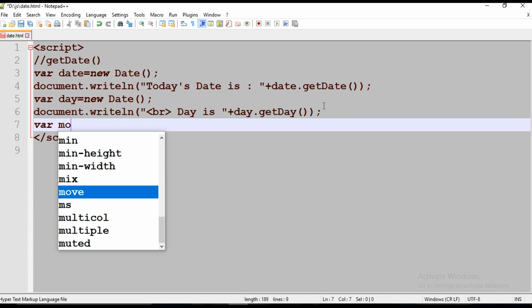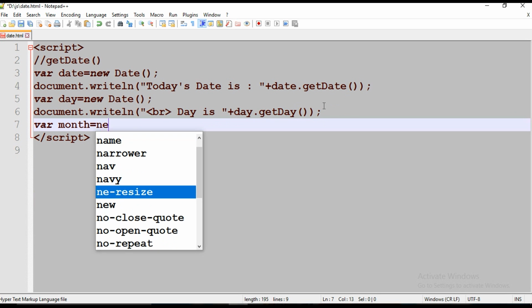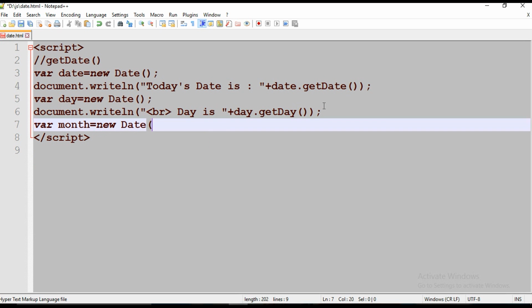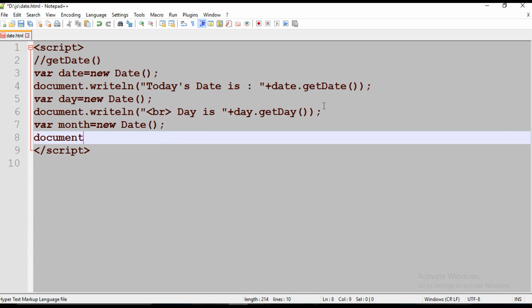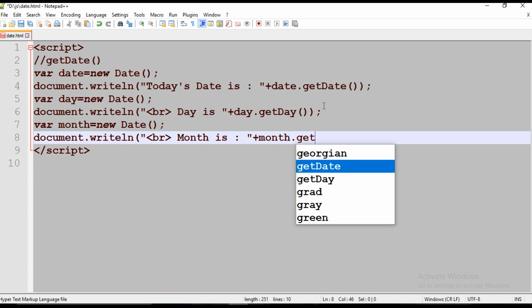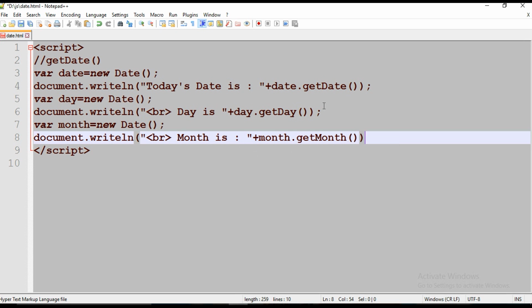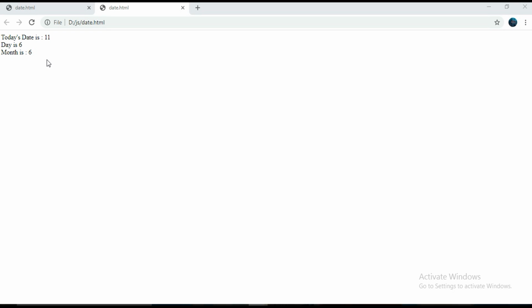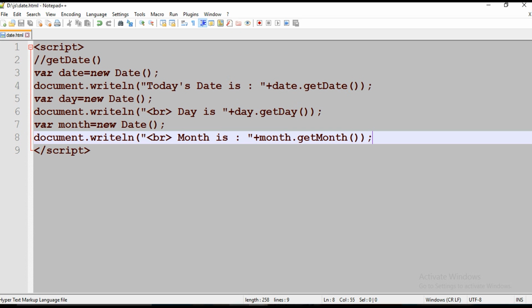Let's see the next method, where month equals new Date. Month is month.getMonth. Same thing guys, January is represented as 0, February is 1, and the current month is July, so we got the output as 6. Let's see the next method,